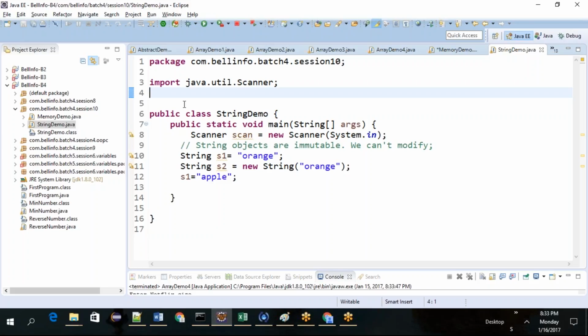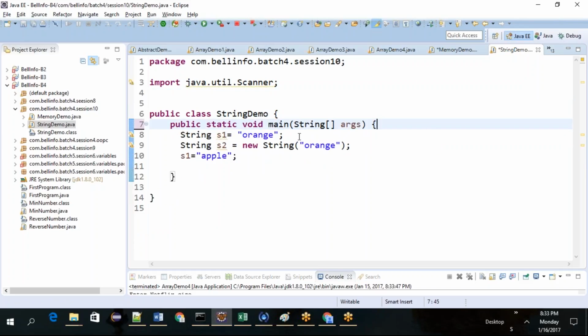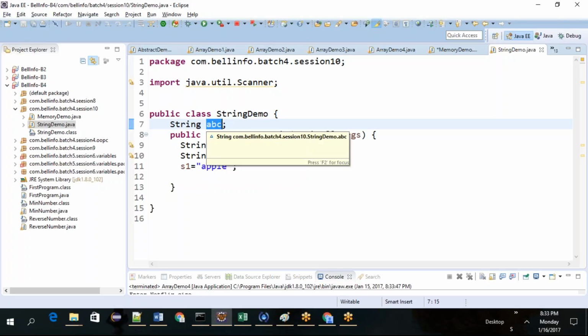Okay, you got it. So the next thing is, what is the default value? If I write String ABC like this, what is the default value this ABC will be holding?